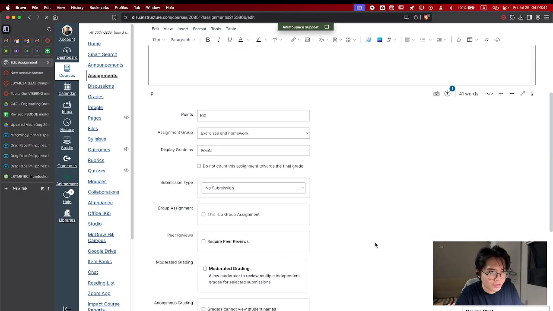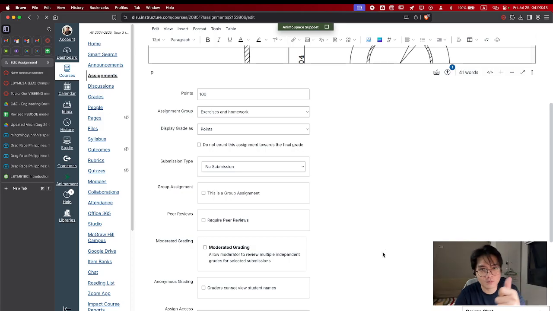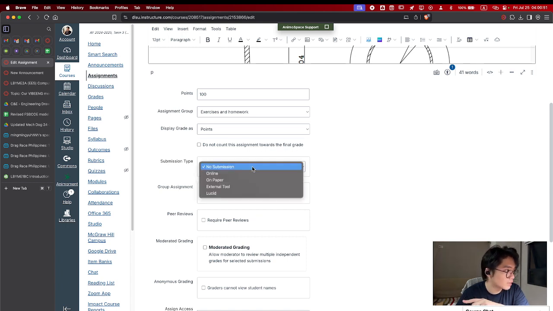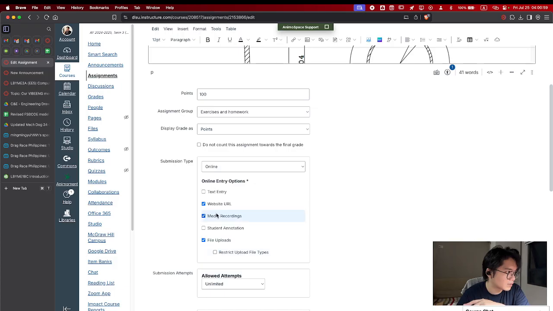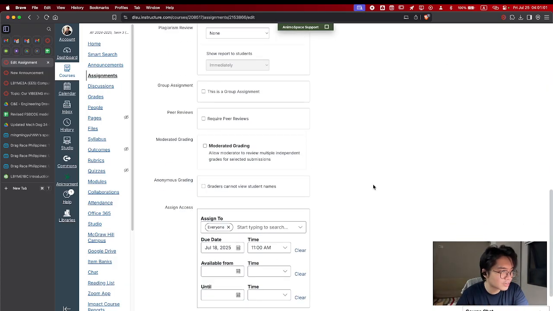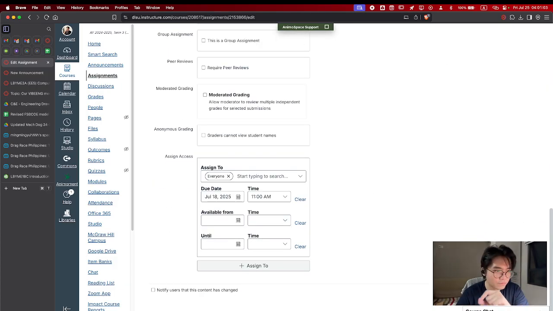Either of your phone, using your phone pala rather, or another screen recording like this one. What I just want you to do is to upload to here you go, website URL, media recordings, file uploads,